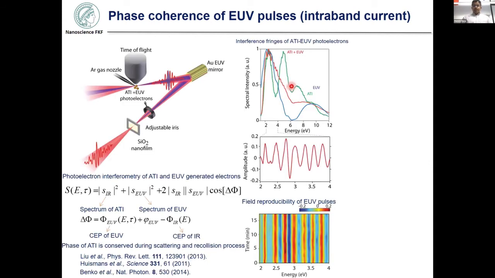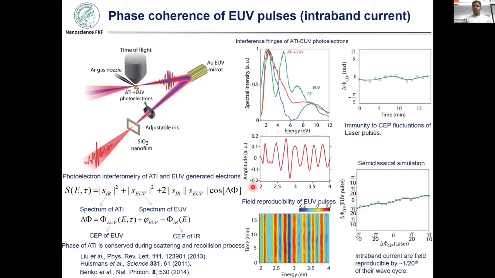So now this is the spectrum that we measure in our experiment. The green spectrum shows the above threshold ionization spectrum. These are the peaks which are separated by single photon energy, so this is around 2.2 eV here. And then in blue is the photoelectron spectrum that is generated by EUV pulses from our solid. And then in red, you see the interference fringes. Now, if you look a bit more carefully, you see these very fine fringes. And if you record these fringes over time in the experiment, you see that they almost do not change over time, and the CEP fluctuation that you measure is extremely small.